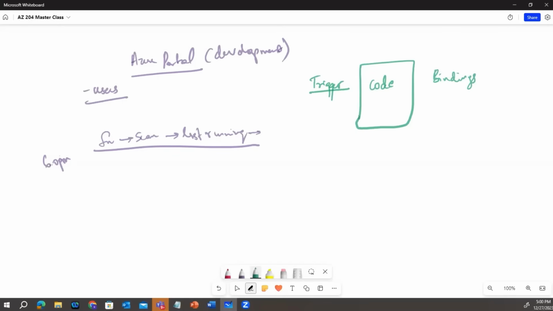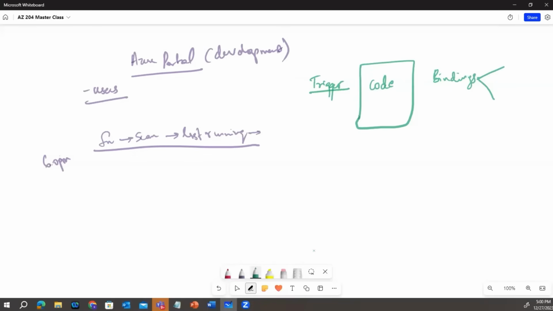So what is a trigger? I spoke about it already. These are the mechanisms to make this particular code run. And when it comes to bindings, you can bind certain things to this particular code. Maybe if you want to install certain things to make this code run, you can associate that using the bindings.